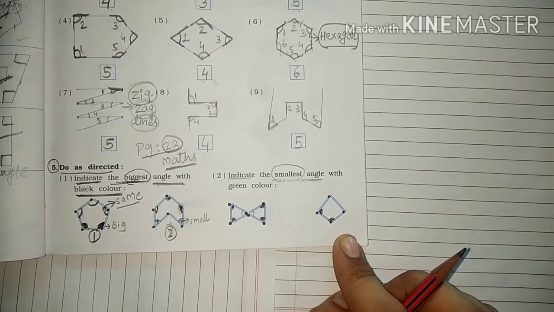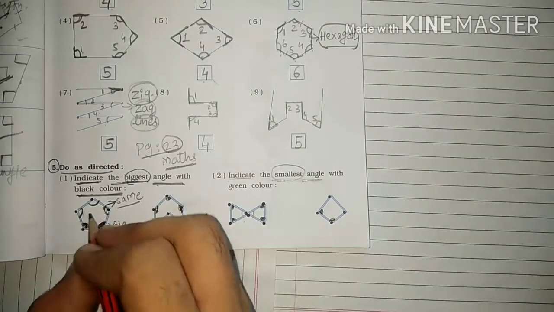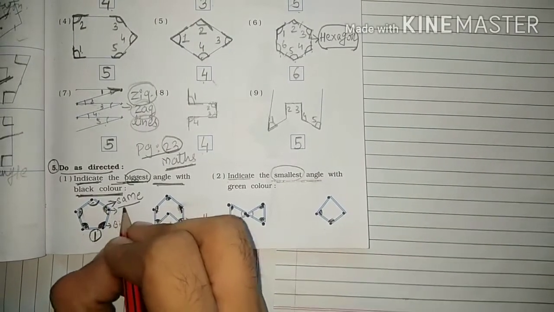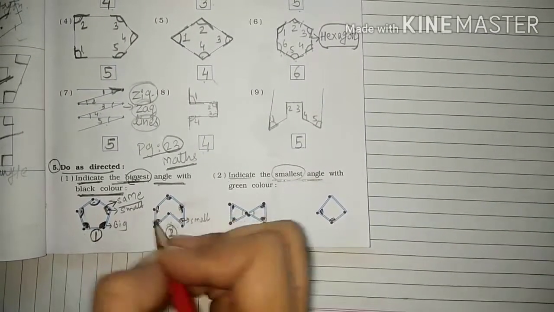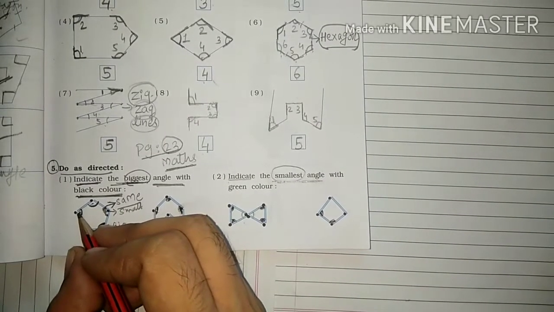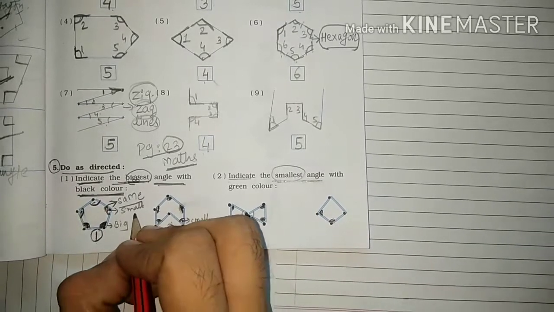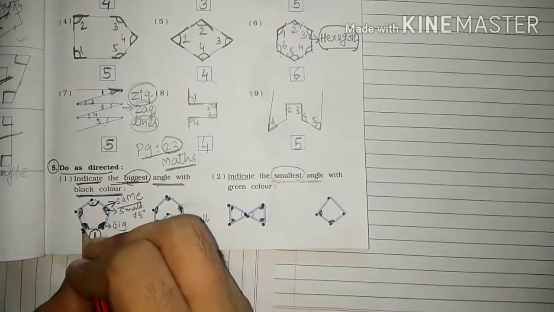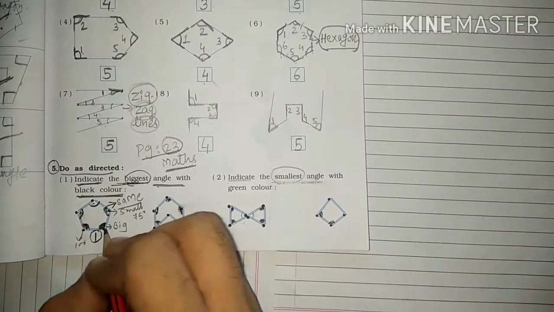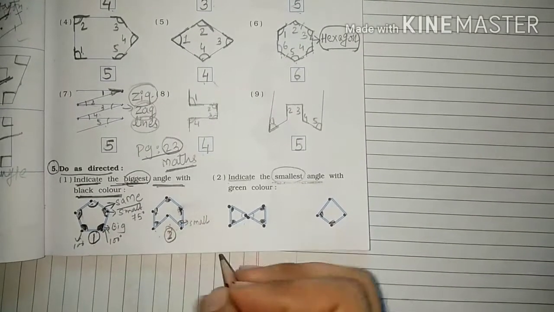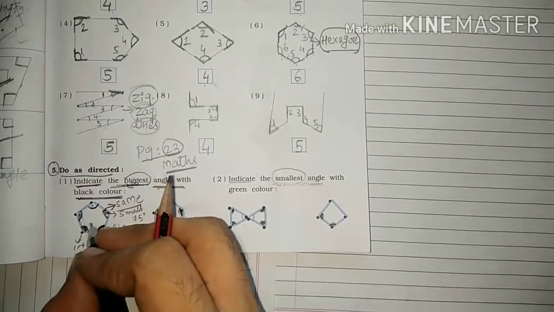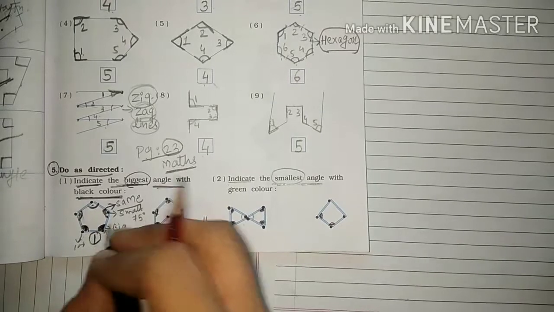So to do the same, what I will do students, I have to check it down. This one, this and this, these three are the same. And this is the smallest one. ये small angle होगा. अगर protractor से इसको हम measure करने जाते हैं तो ये angle it will be somewhat about 75 degree. But this angle is the biggest one because this measures 100 degree. This one is 100 degree. So because 100 degree is biggest, I will take a black color and I will mark it down here. इससे मैं mark कर दूंगा.